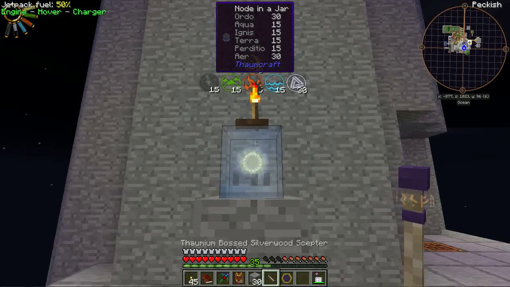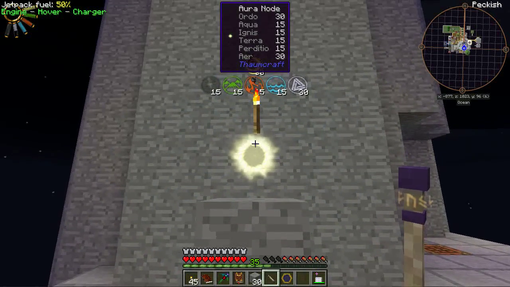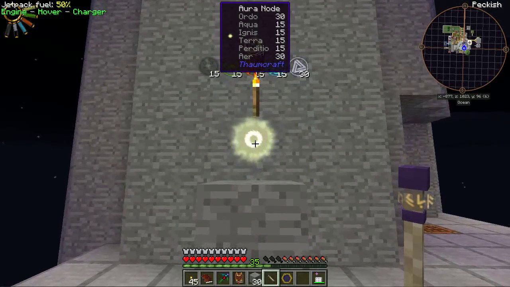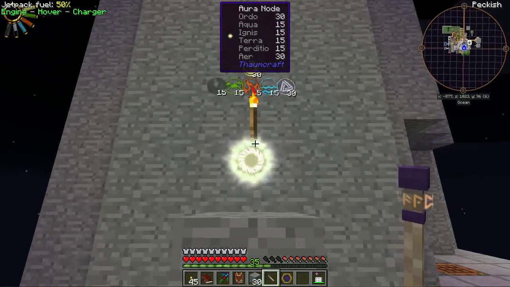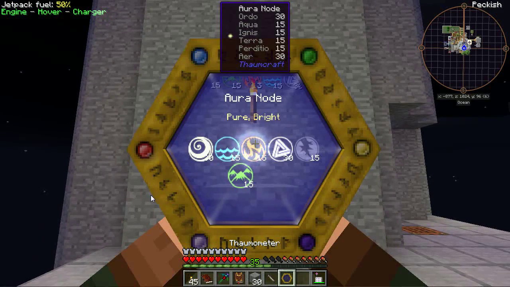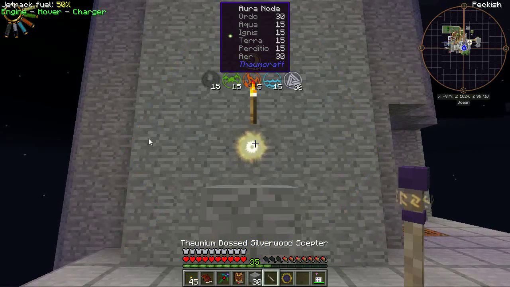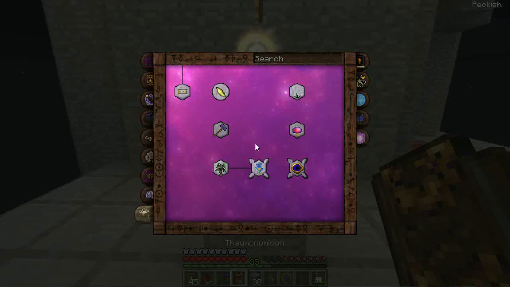And if I recall, what I need to do is right-click it with the node. Right-click it with the wand, and here I now have a node with all the different aspects. Great. So let's, yep, pure bright. Wonderful. Alright, so what I'd like to do next